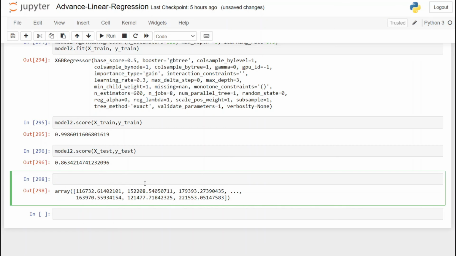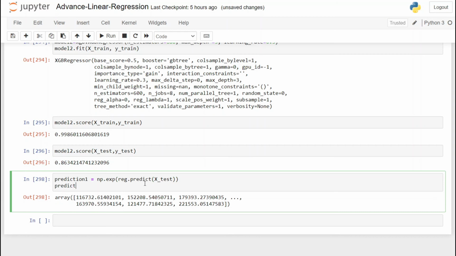Now let's see how we can combine both the models. First of all, we are going to save the prediction for both the models in a separate variable. So I am going to call prediction 1, and then I am going to pass np.exp, and inside that we are going to make prediction using regression model, and we are going to make prediction on x test because we have the y test value so that we can compare the results.